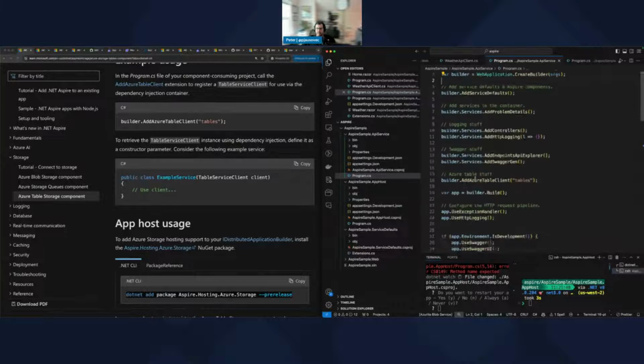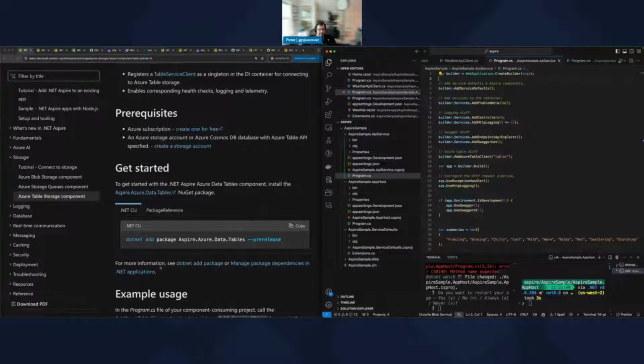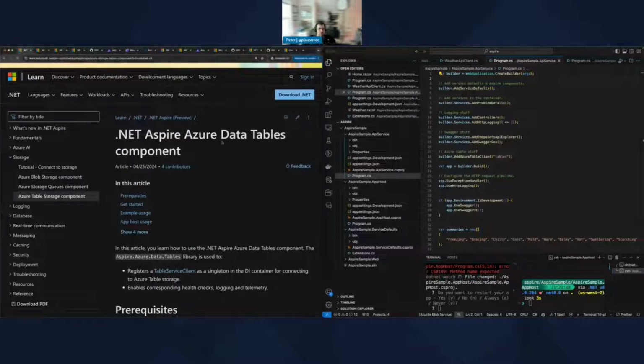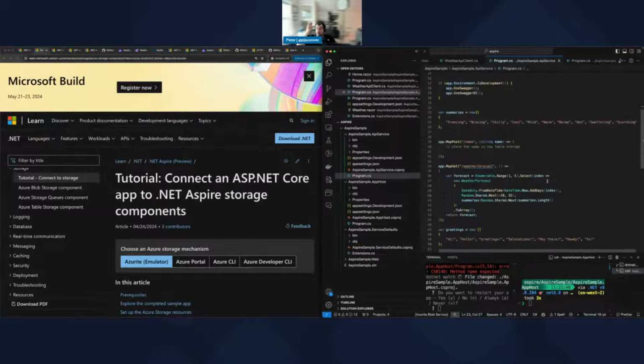Creating a builder. Let's see, did I have an example here? On Aspire Azure data tables, they probably have an example. Oh, there's a tutorial. So let's take a look, because I'm not sure